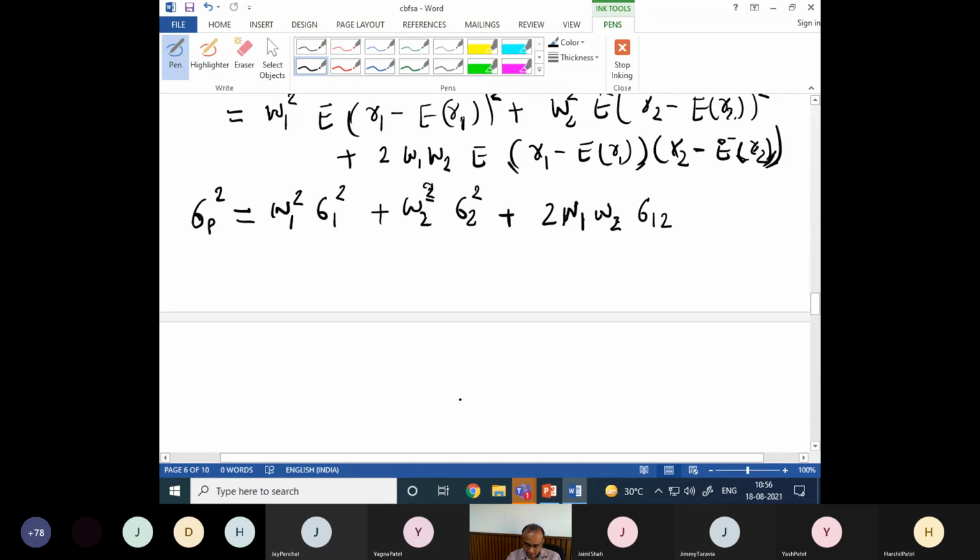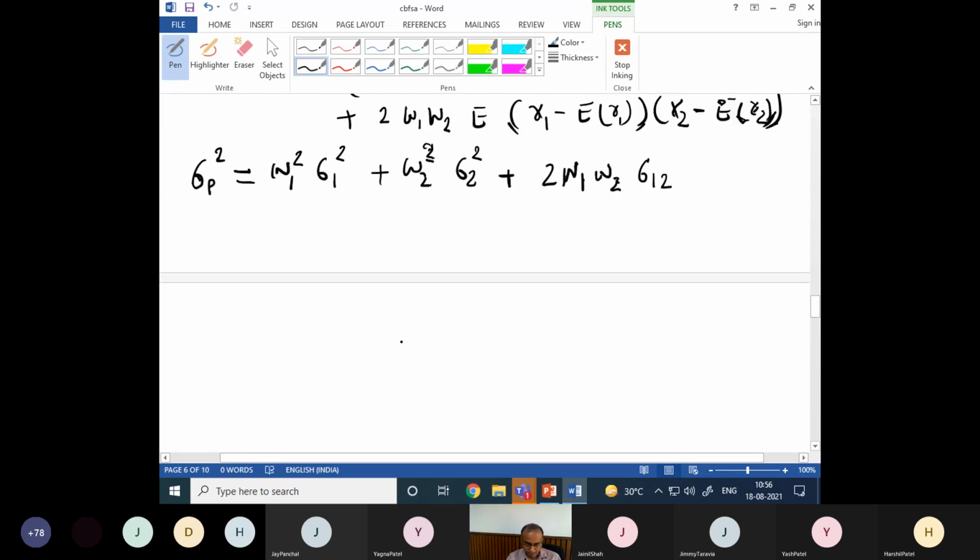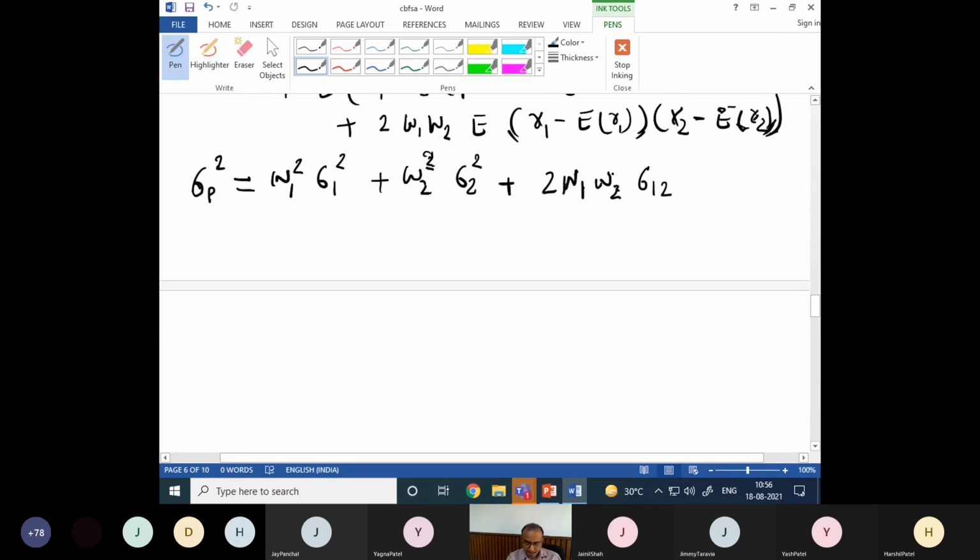Now this equation we can better arrange in a matrix form. So next time we see how to write this equation in a matrix form, and from two security portfolio we interpolate the same, or rather extrapolate the same to the n security portfolio, right? And then we see a very important thing which is called a covariance matrix, right? And its properties. So I hope you got all these things.